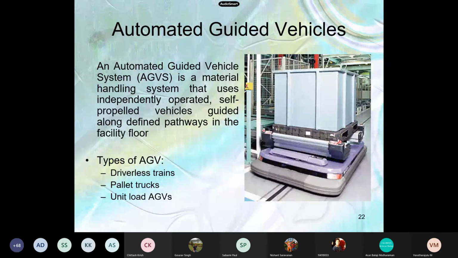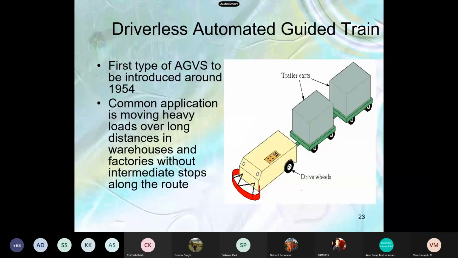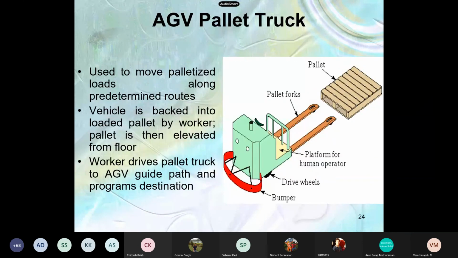And AGVs, see, there are some examples of AGVs, that is driverless trains, pallet trucks, unit load AGVs. And it was introduced during the 1950s, now to handle various things. See here, various